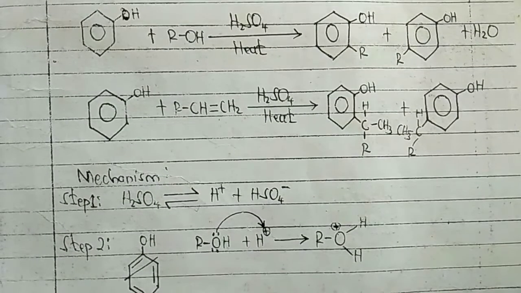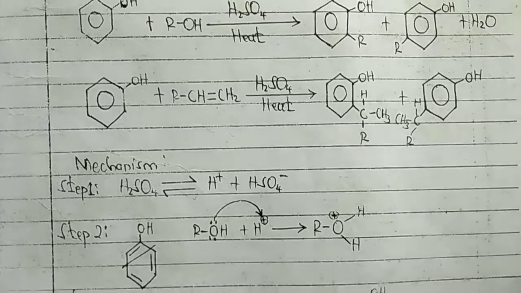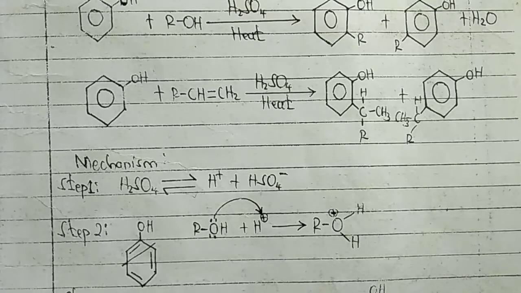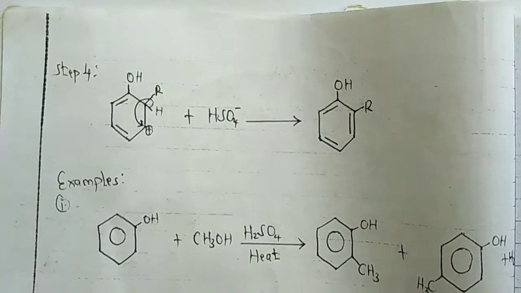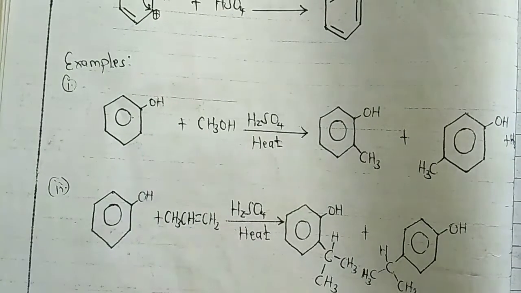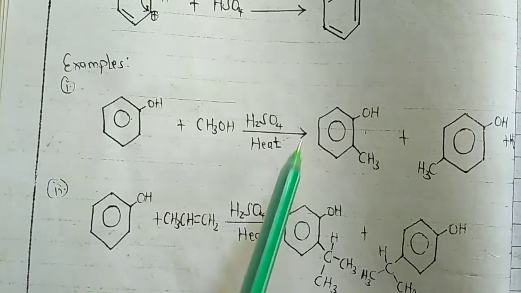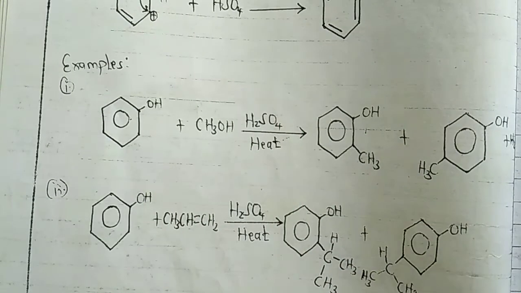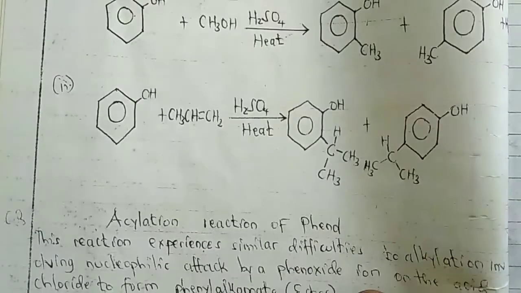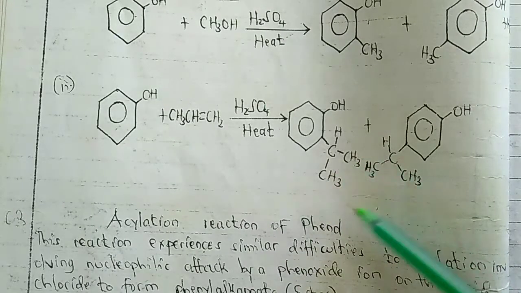Kwa hiyo hivyo ndivyo ambavyo hii reaction inatokea hapo kwenye phenol. So let's see some few examples. Kwa mfano unaweza kukuta kuna alcohol kama huyo hapa, phenol kama huyo hapa, ana react na alcohol kwenda kutengeneza huyu au huyu, either product can attach at ortho or para position. Lakini pia kunaweza kuwa kuna phenol kama huyo hapa ambaye ana react na alkene, product either attach on ortho or